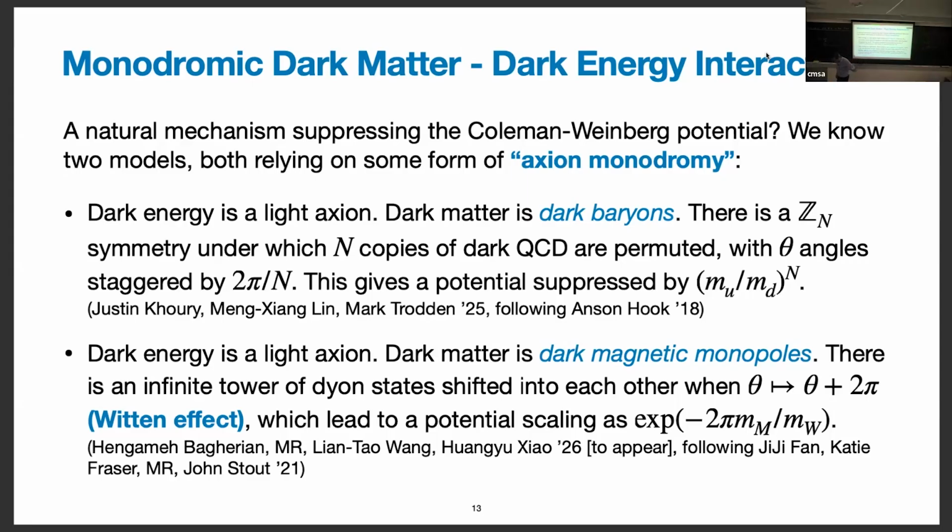So in order to generate a potential, let me think. In this context, sorry, I don't want to spend too much time thinking this through on the spot. I think the statement that is true is that you need to break the magnetic one-form symmetry, or there is some sort of non-invertible symmetry protecting the axion. I think that's the explanation of why. Yeah, because the shift symmetry of the axion becomes a good continuous symmetry in that limit, and so the potential is independent of theta. Of course, there is some divergent overall constant vacuum energy here, but I'm just talking about the theta-dependent part. Yeah.